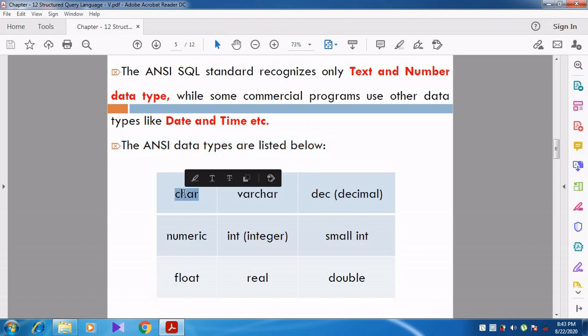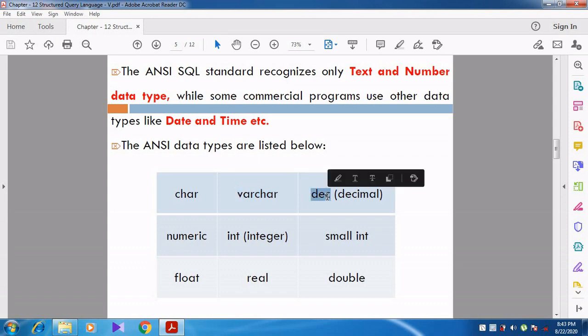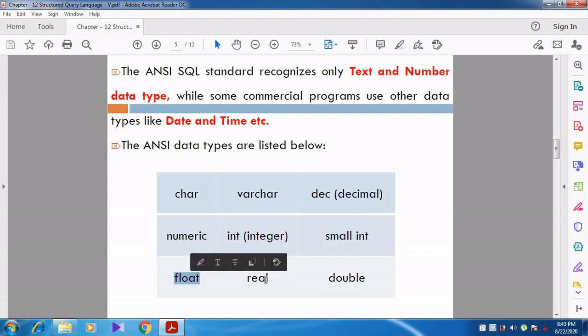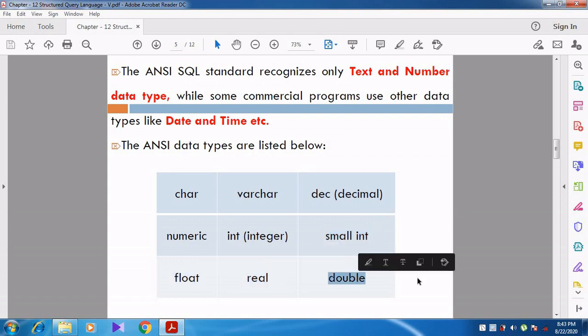Character, varchar, where varchar means variable character, then decimal, which contains numbers, then numeric, then integer. Like in programming languages, int stands for integer, then smallint, then float, real, and double. These are the data types supported by the ANSI standard. We are going to see these data types in detail.